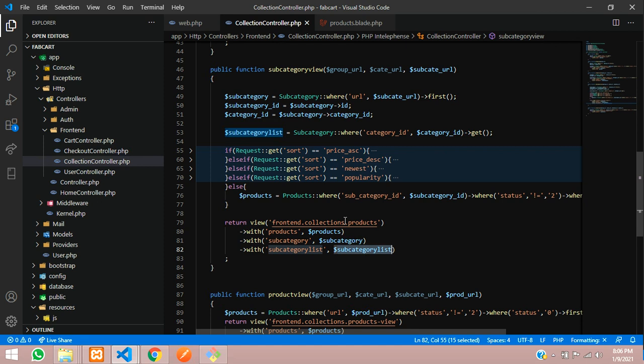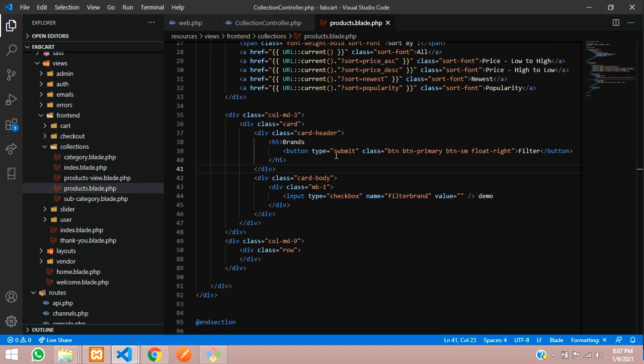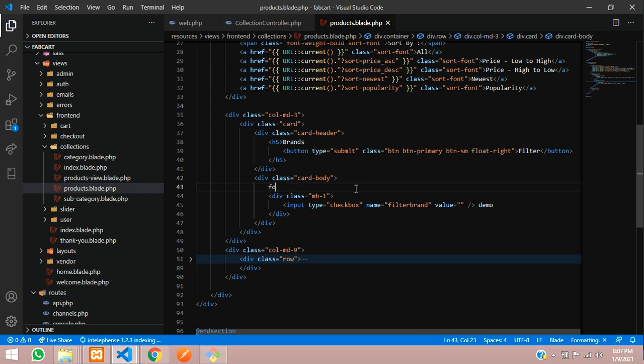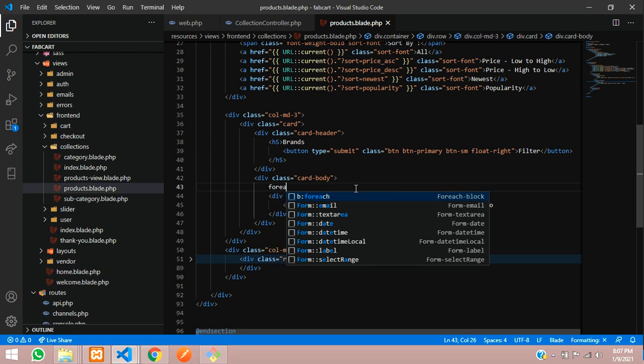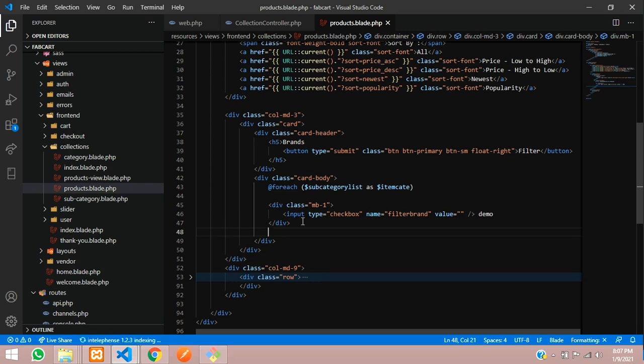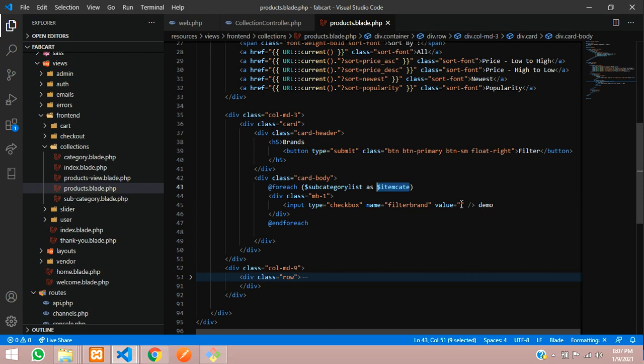So from here you will pass to your page where all the brand list should be displayed. So in your case there might be directly, so you can use any type of thing. So let me use foreach, where I'll pass this subcategory list as item cate. Okay, and now we'll display the item of it. So I want to take its item cate of its ID. So first we'll proceed with the ID format. So now let's forward and take the ID. Okay, and now same ID we will check with it.